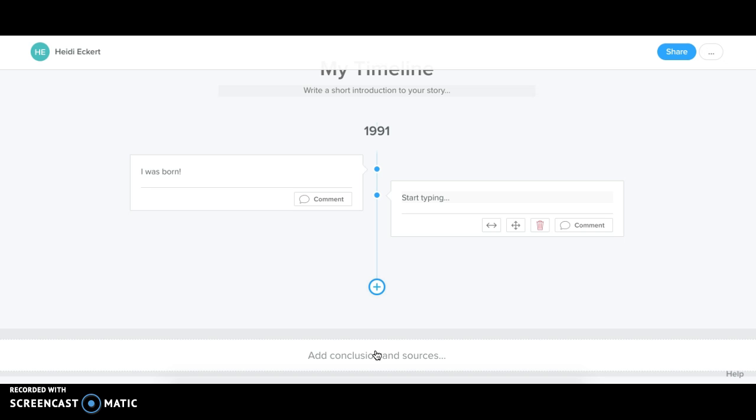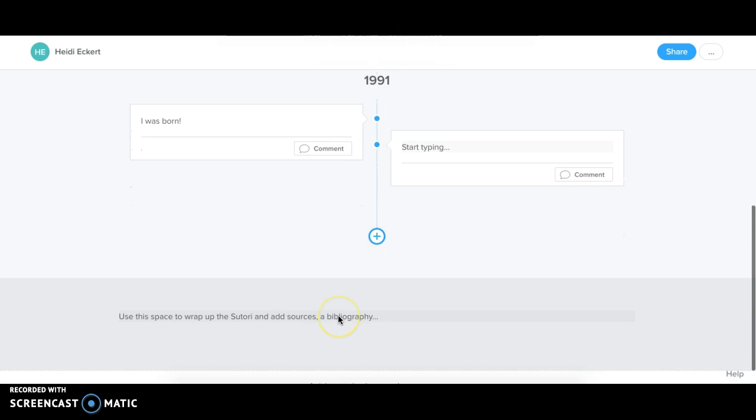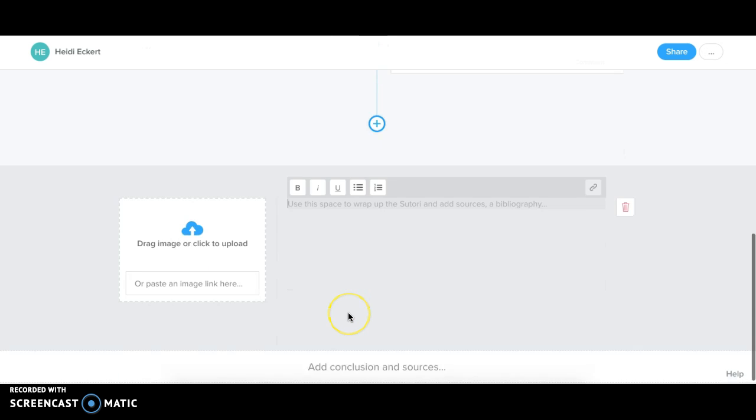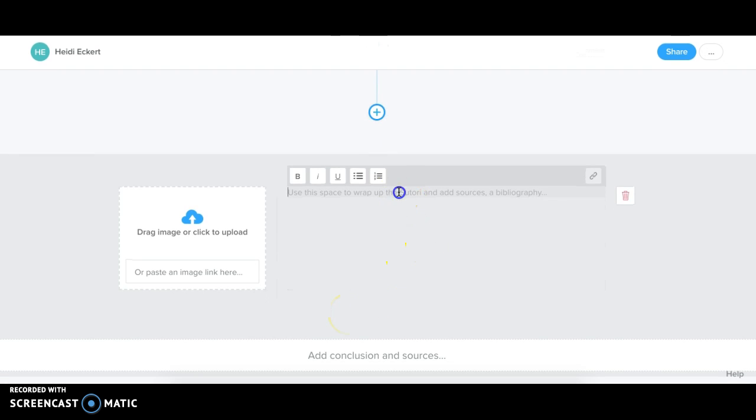The last thing I want to mention is adding conclusions and sources. So at the very bottom of your timeline, you'll have a link that says Add Conclusion and Sources. And this is where you can wrap up your conclusion, maybe write a couple sentences about what you hope for in the future. And then if you use any other websites, you need to put them here. So if you used the World Book website from the library website, you would need to put a link here in this space to that